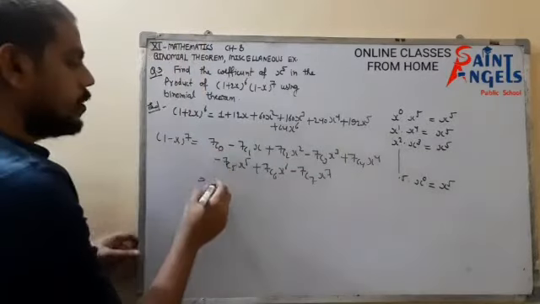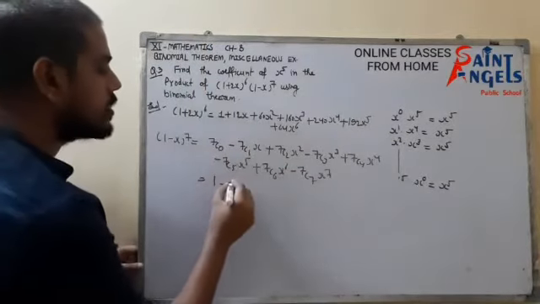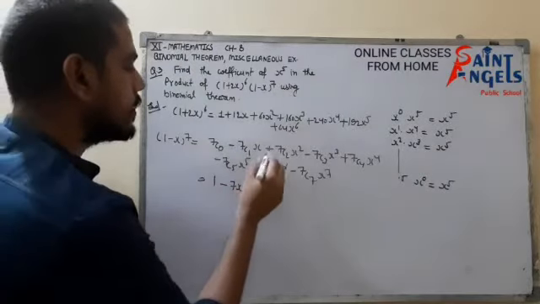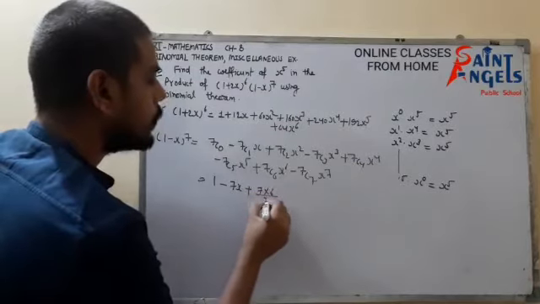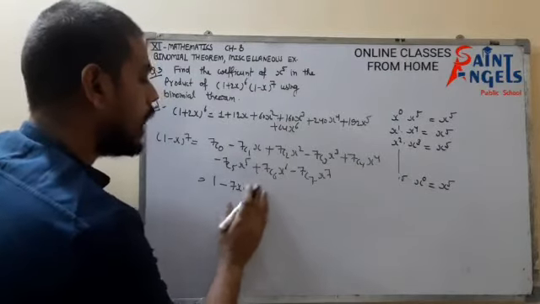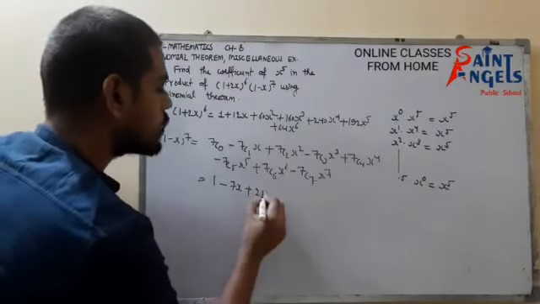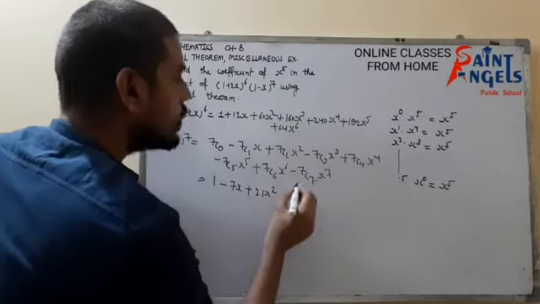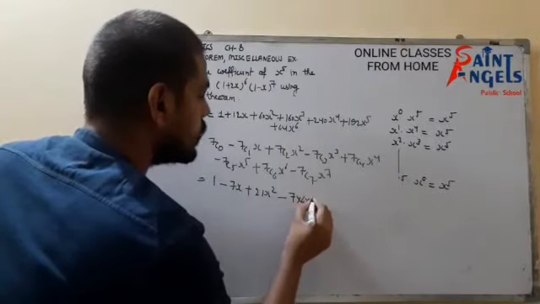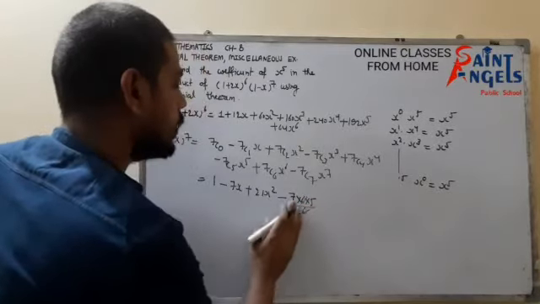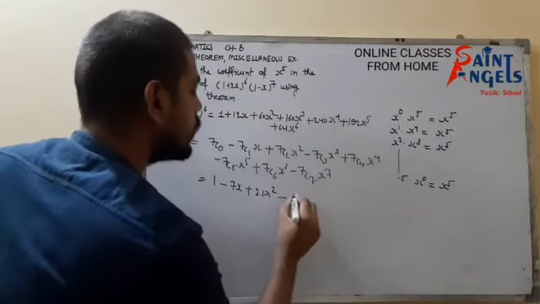So 7C0 is 1 minus 7C1 is 7, and that would be 7C2, so 7 into 6 upon 2, so that would be 21, so I am writing directly 21x square, and then 7C3, that would be 7 into 6 into 5 upon 6, so that would be 35, so 35x cube,